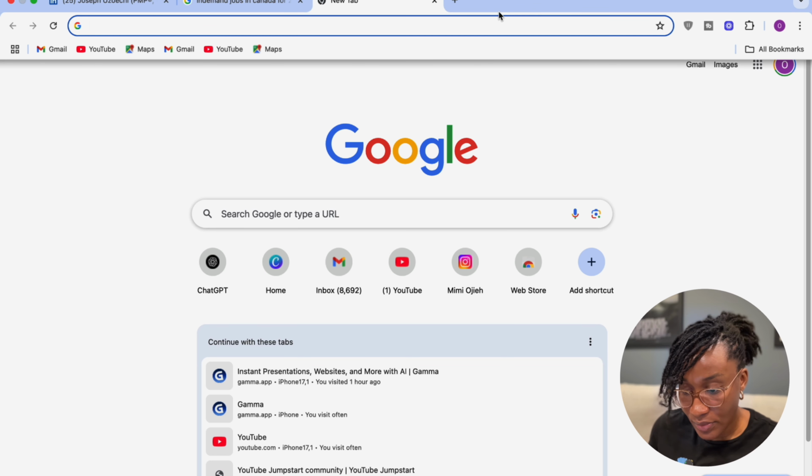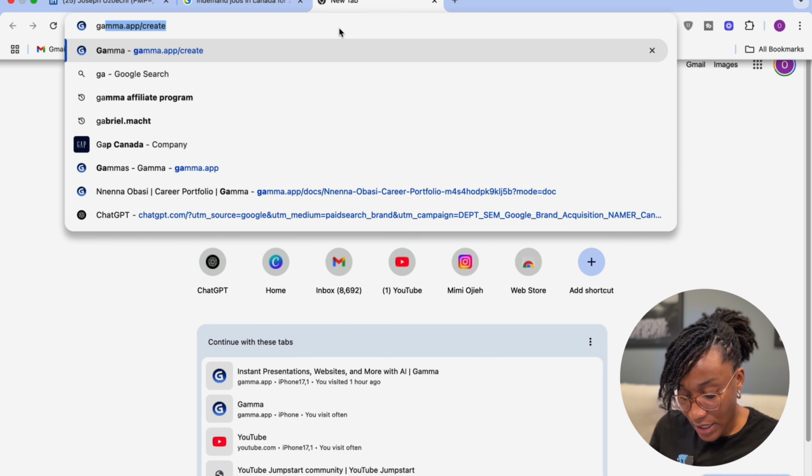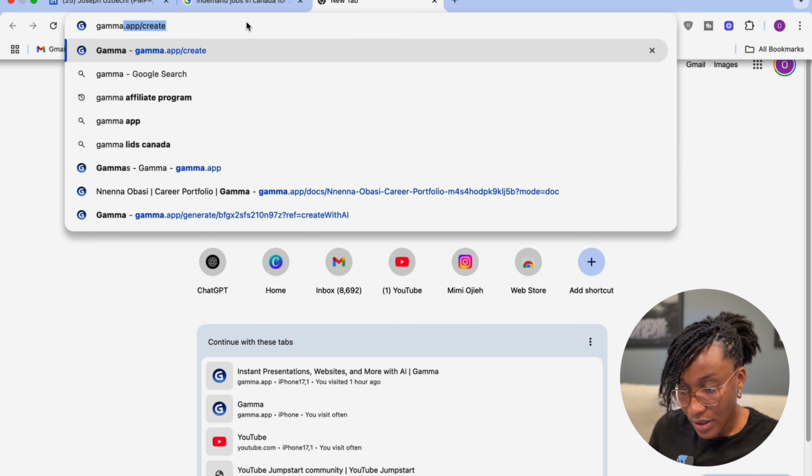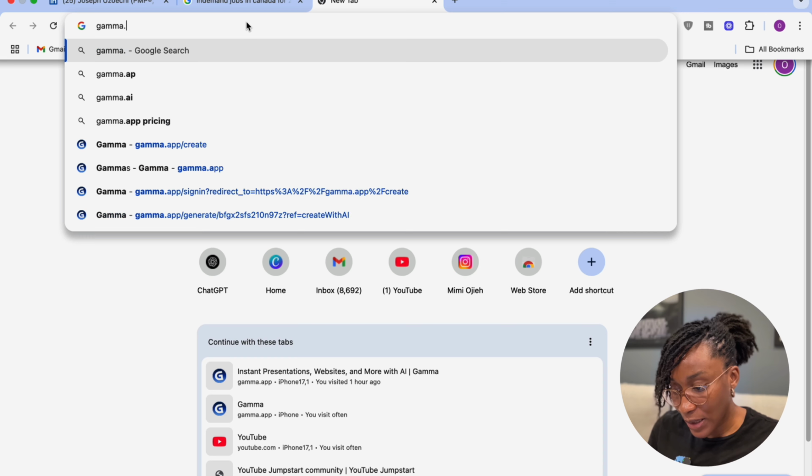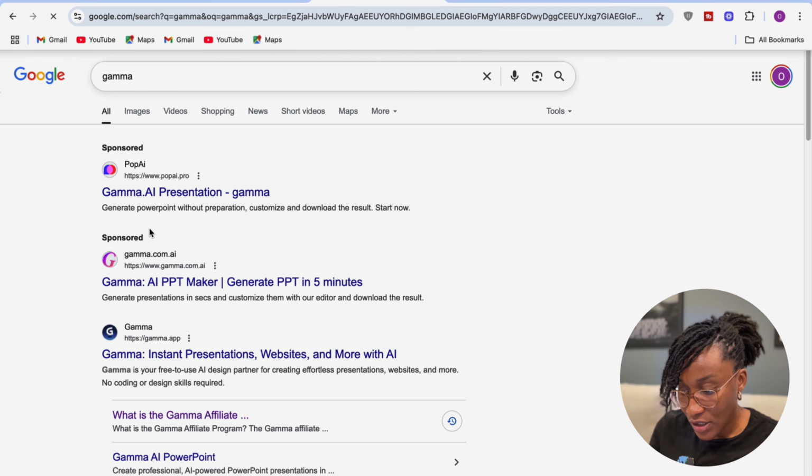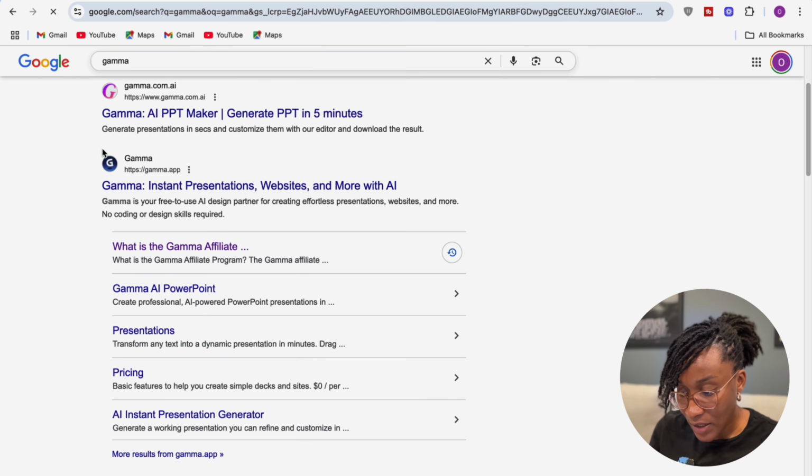I think everyone should actually have a portfolio. And if you don't have a portfolio, try to build one today. And in this video, I'm going to show you how to build one. So when you come here, you type Gamma. Let's imagine that you haven't logged into Gamma before. So this is Gamma. It has this blue and white logo. So when you click on this,